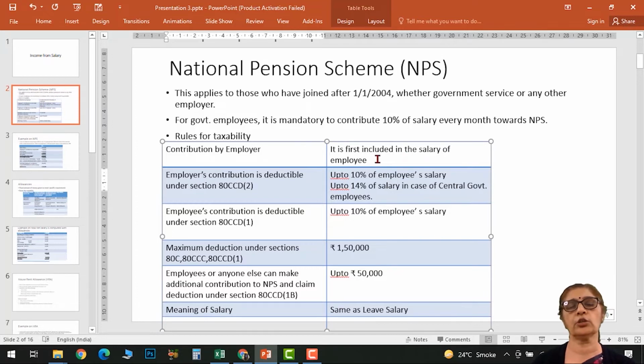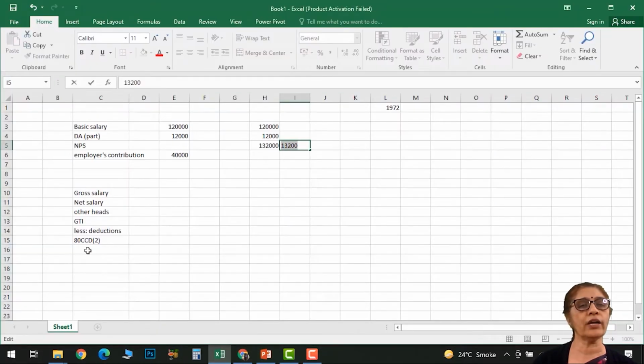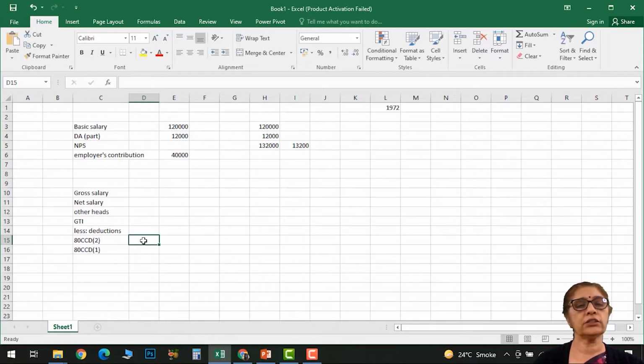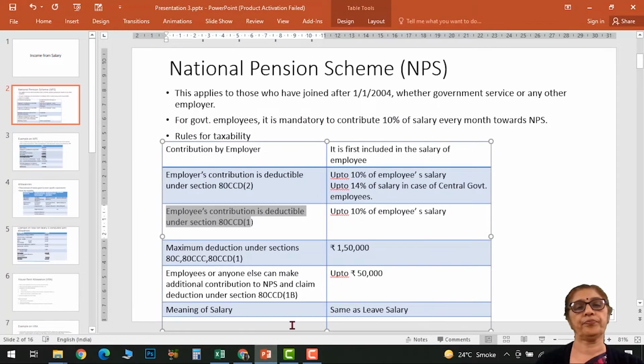Whatever he contributes is included in salary. Then your contribution. You also contribute 10% of your salary. Now, your contribution is also deductible up to 10% of your salary. So, we have here, your contribution is considered under 80CCD1. So, under CCD1 again, you have a deduction of 10%. 13,200 will be deductible under 80CCD2 and 13,200 will be deductible under 80CCD1. But